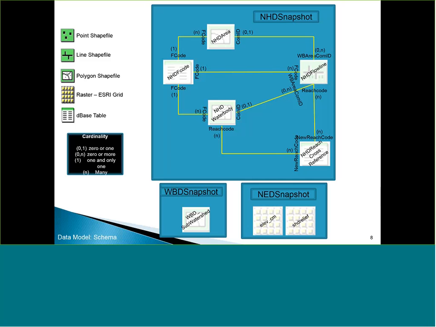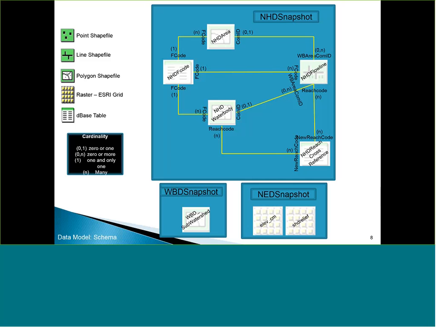The NHD snapshot is composed of 3 feature classes and 2 tables. The feature classes are the standard NHD feature classes, NHD Flowline, NHD Waterbody, and NHD Area. The 2 tables are NHD F-code, which contains a list of the valid feature types along with their allowable attributes, and NHD reach cross-reference, which contains the tracking information about reach code changes. The WBD snapshot has a single feature class which contains the 12-digit HUC boundaries. The NED snapshot contains the raw elevation data input to the